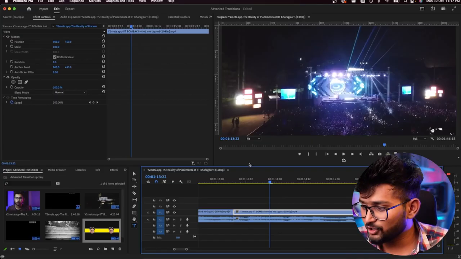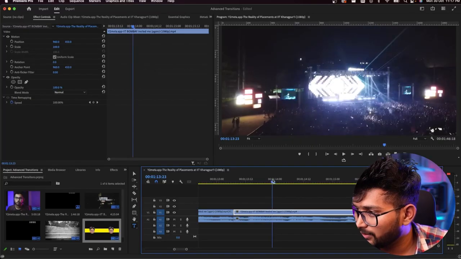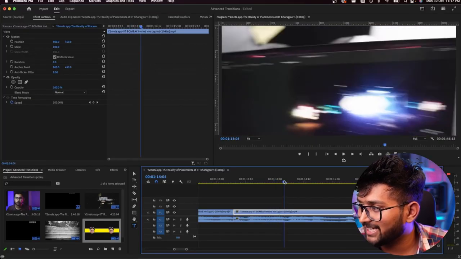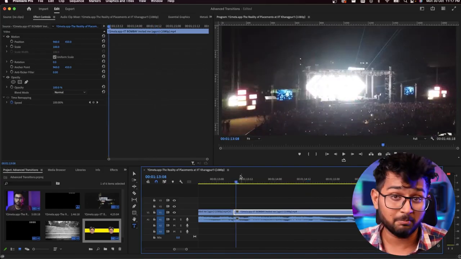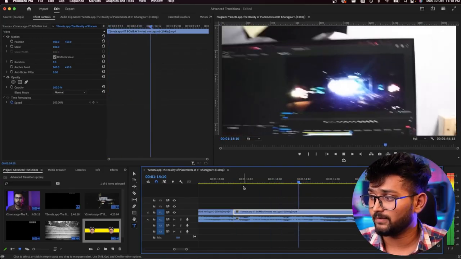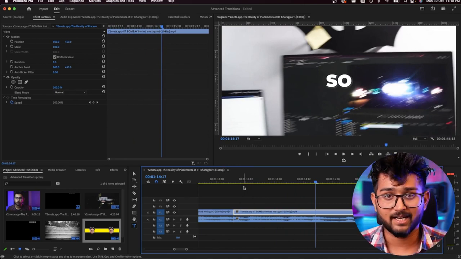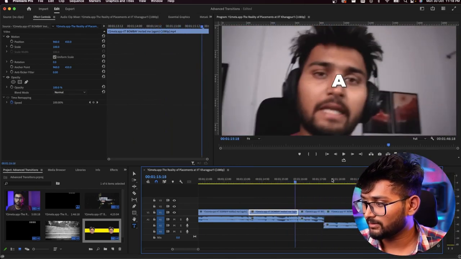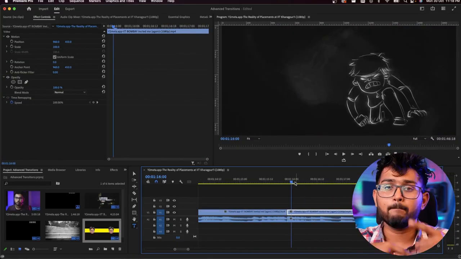So what happens is you'll have something like this. Initially you have this, and then this is the second clip from where you're dragging it out, and that's where we have one more match cut. So as if the screen, you pulled out of the camera. Simple thing. And then we have the next thing, again cutting on motion, or a match cut